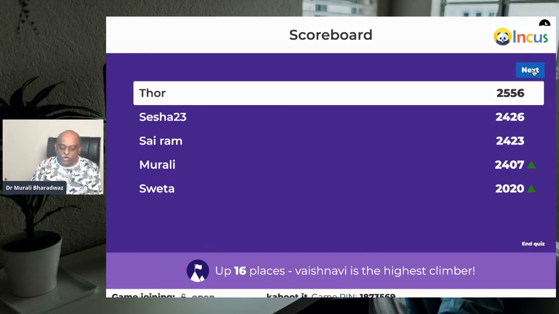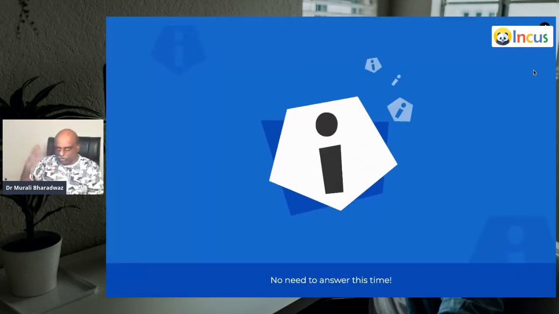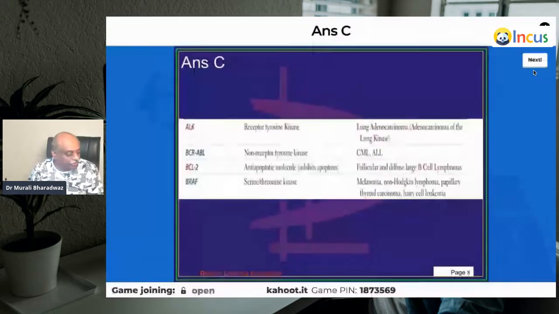Thor is still on the top, but Murali and Shweta are quickly heading towards Thor's crown. So, Doctor,